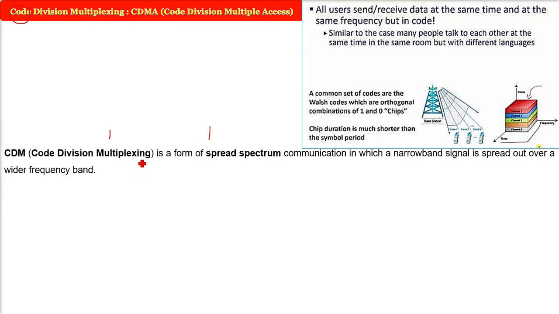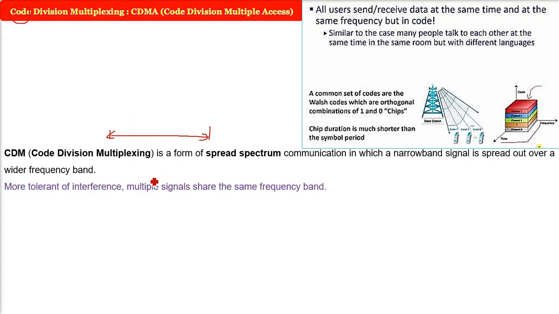So this is a form of spread spectrum communication in which a narrow band signal is spread out over a wider frequency band. This CDMA is more tolerant to interference as compared to other schemes, and multiple signals share